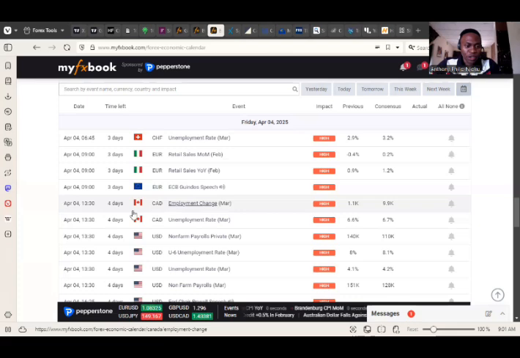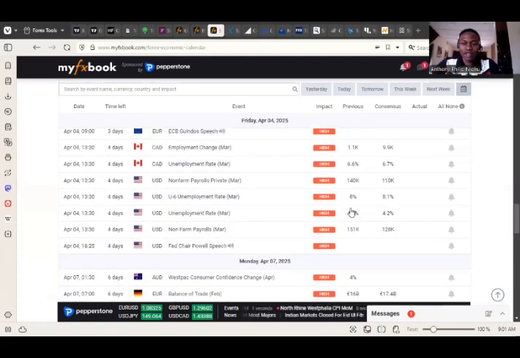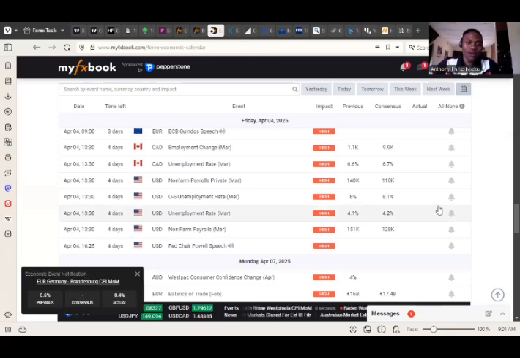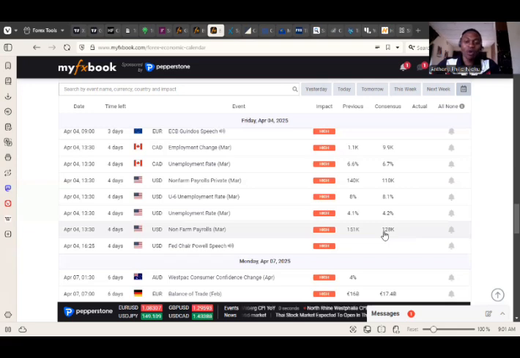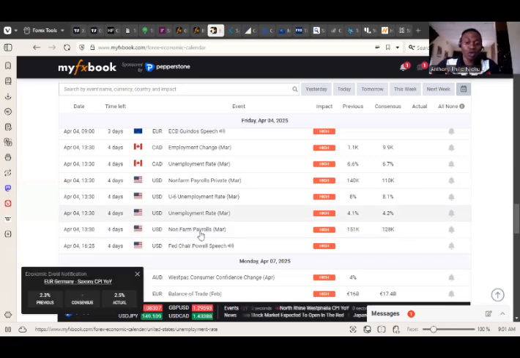We have the employment changes by 130, unemployment rate for Canada by 130, non-farm payroll for the private sector, unemployment rate for dollar, the dollar U6, and then the normal unemployment rate, then the non-farm payroll. So literally the job market in the United States has proven to be strong over the fundamentals we have been reading from the news in the past week and the past days. Okay. So this unemployment non-farm payroll, I think is going to be higher. If you see a figure higher than 128K, it's going to make dollar to be strong. Lower than 128K, it is going to make dollar to be weak.